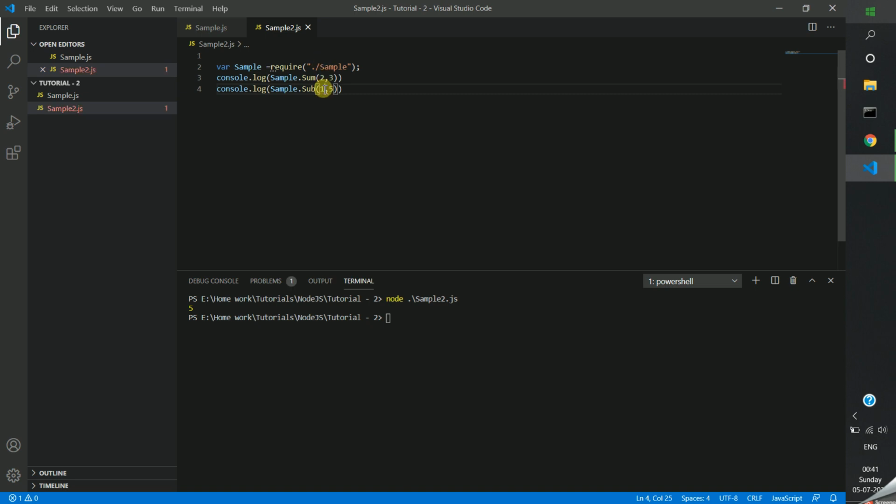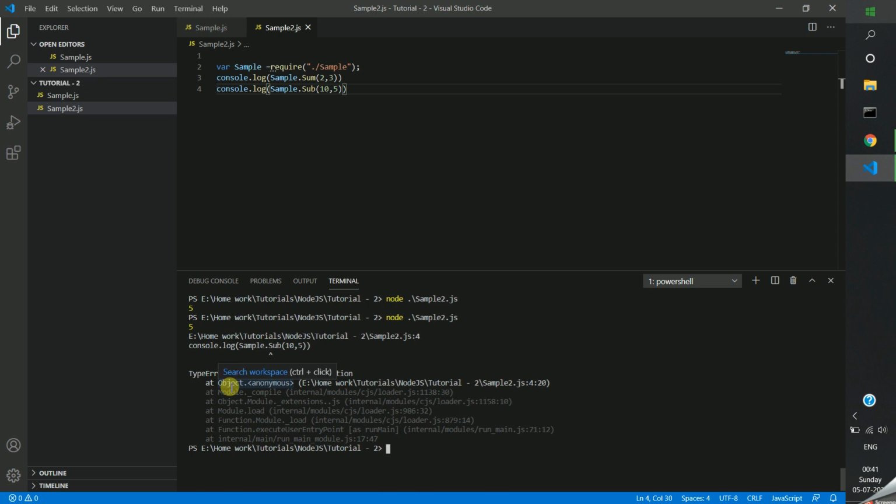I will give a greater value here. We are getting the error: sample.sub is not a function, because we have not exported that.